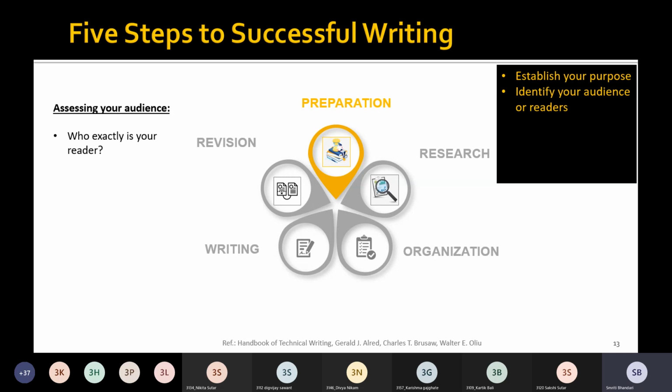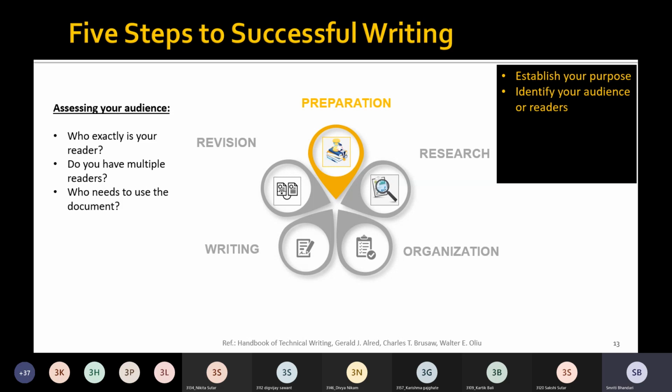Who exactly is your reader? Do you have multiple readers? Multiple readers meaning, do you have readers from several different categories, or the same kind of readers, or readers belonging to different categories, different designations, different roles in the company?